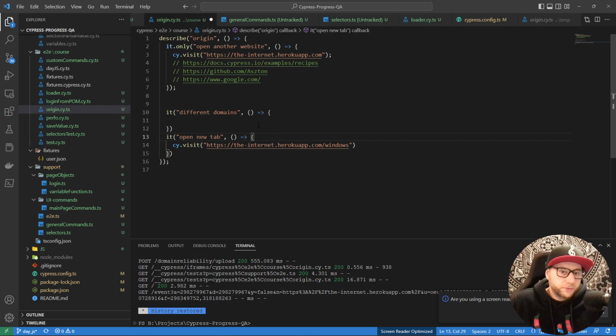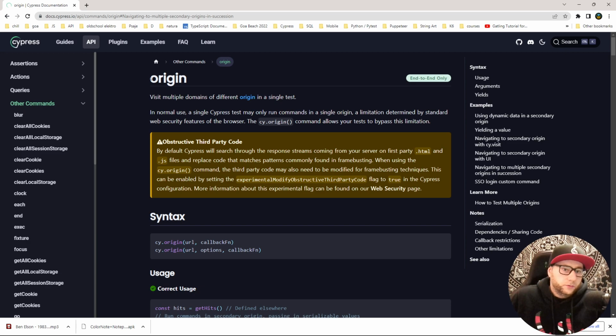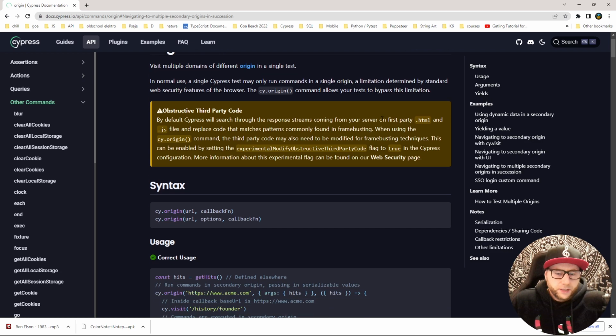A lot of people don't want to use Cypress because Cypress didn't support these cases, but for now we have origin, which is, if you are using cy.origin, you can visit multiple domains of different origin in a single test. We can check it in the